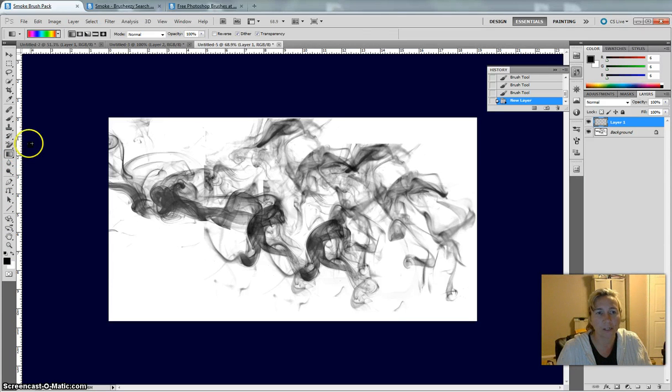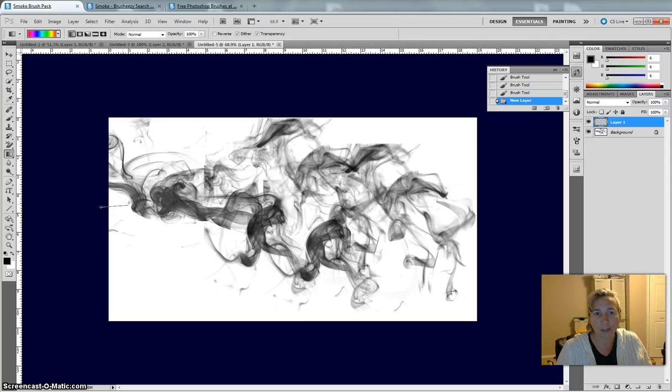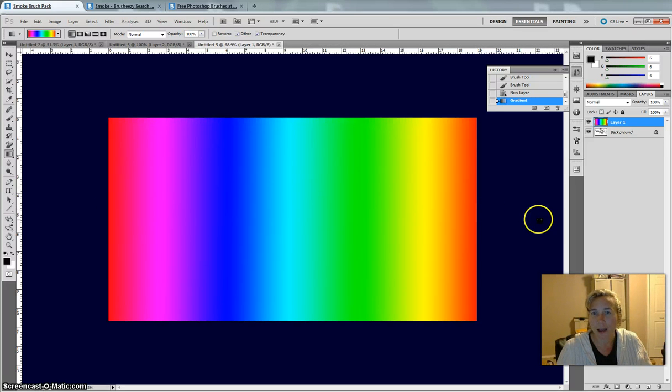So click on your gradient tool and come up here to the top and pick a gradient for what color scheme you want to use for this. In this case, we'll try and use this one. And you'll run your brush, just create a line, drawing it across your brushes, and you'll get a rainbow effect